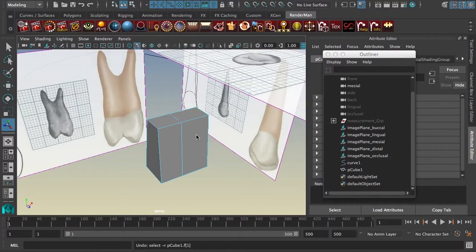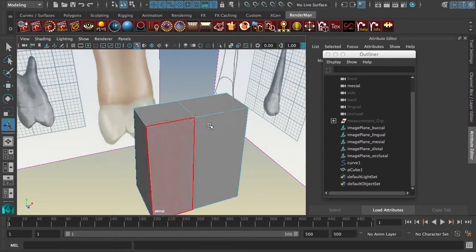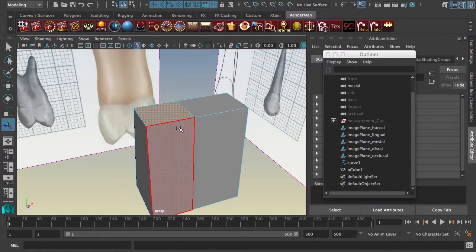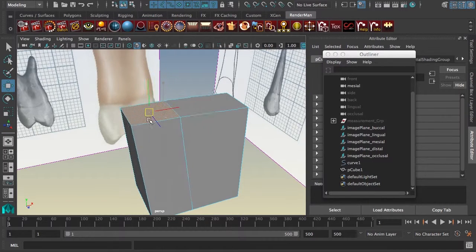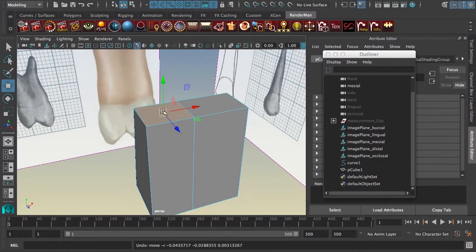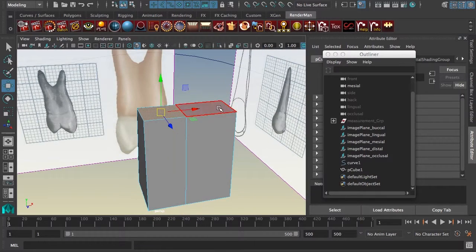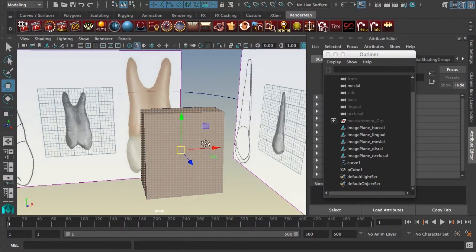I want to make sure that I undo enough so that I'm completely undoing that extrude operation and not just undoing it so that there's faces sitting on each other. So I'll just click that face and move it around to make sure that I've undone that operation completely. Okay. So